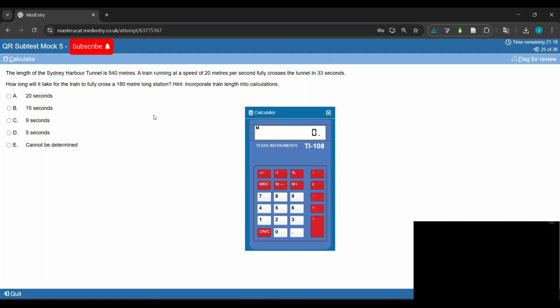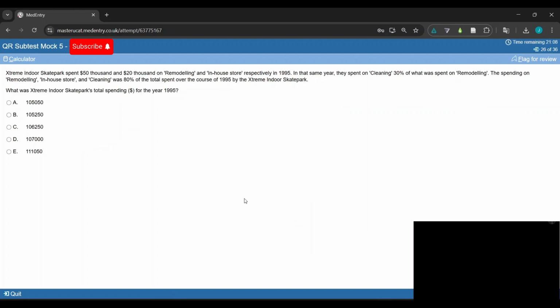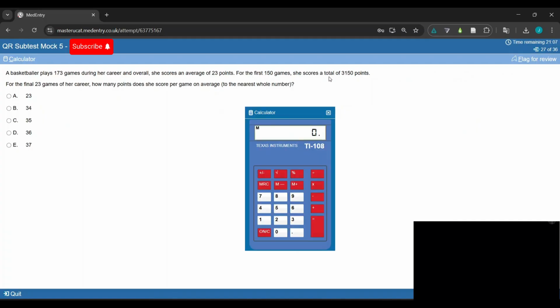Incorporate train lengths into calculations. Fully cross 180 meter. Okay, so 180 meter long station. Okay, I'm gonna skip this one. How many points do you score on average for the first? Okay, so